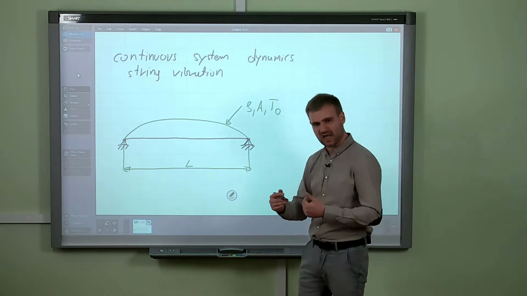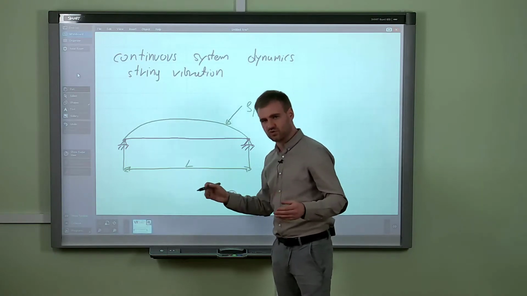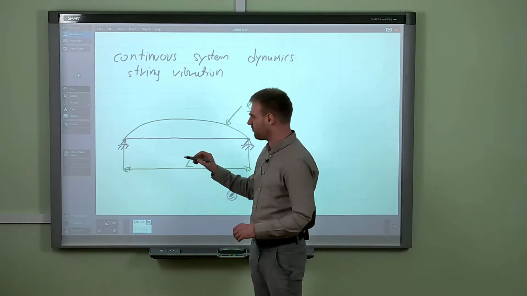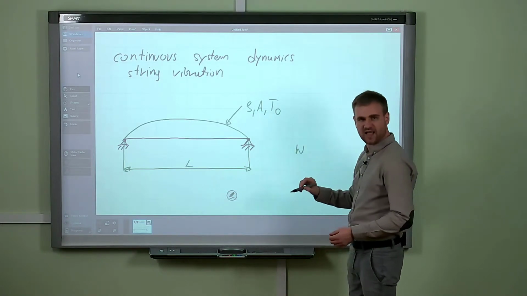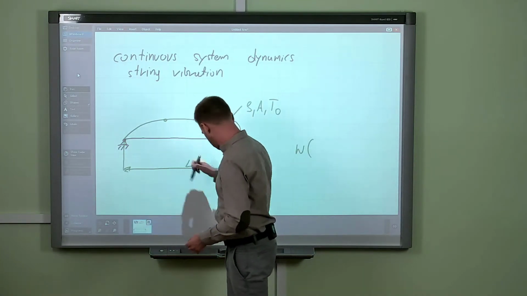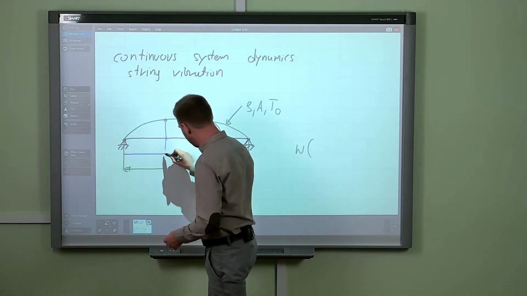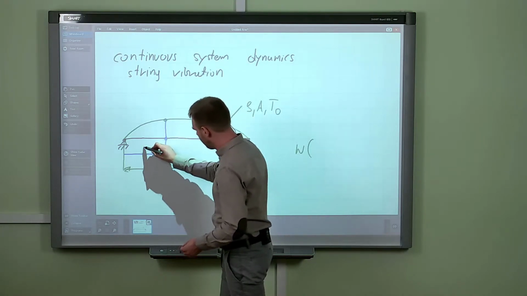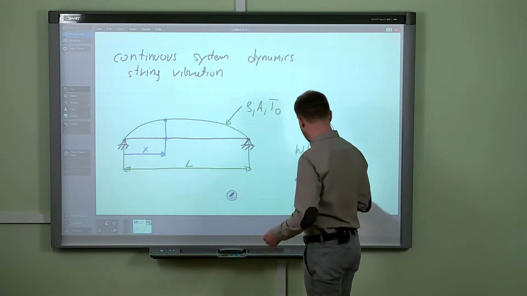The time domain, where we see the time evolution of the dynamics, and also we have to consider the spatial domain where we see, let's say, some description of the particular points. Today we will be dealing with some function W which describes the displacement of every single point from our system. Let's say now we are speaking about the point which lies on the reference level at the distance x from the first support, and the function W